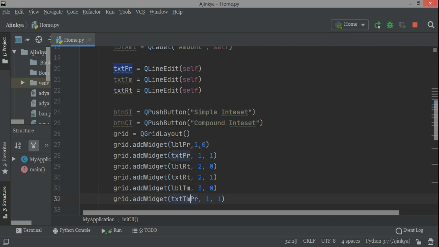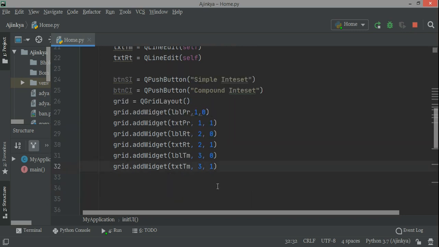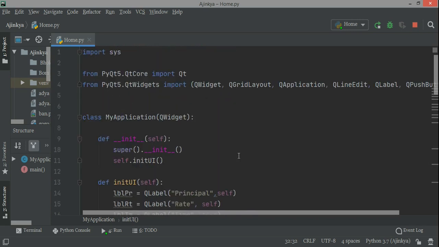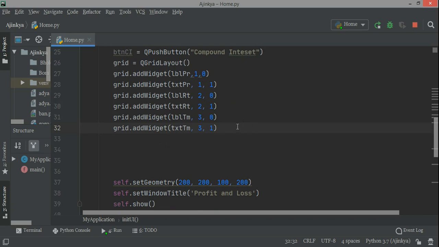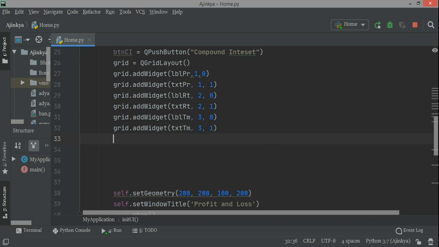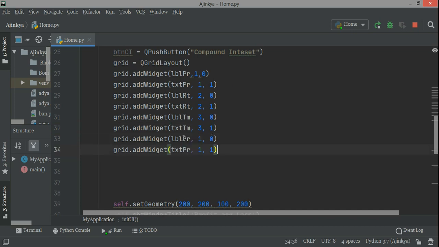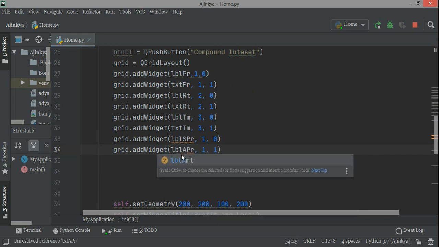And now I need one more row. Two more labels are there, because after this I need two labels, and there I'll be displaying my results. So the 40 and 41 will be two labels, one for displaying the result of the simple interest mode of calculation, and one for the compound interest mode of calculation. They are just two labels, and I want to display my result on these two labels. That's why I have decided to use labels, and their names are SPR and